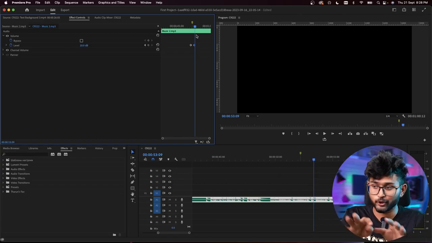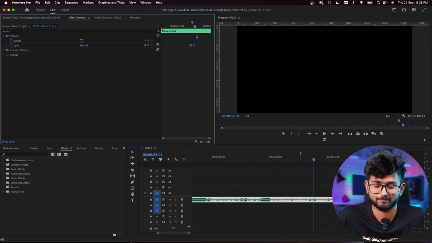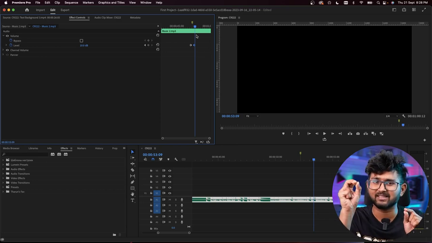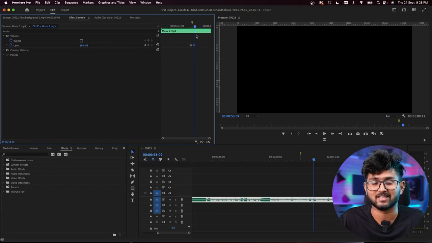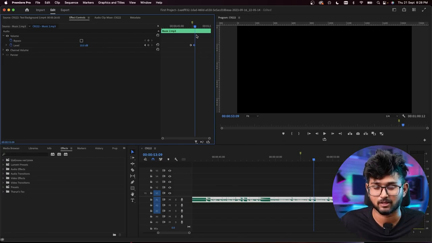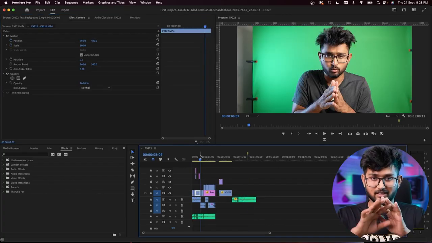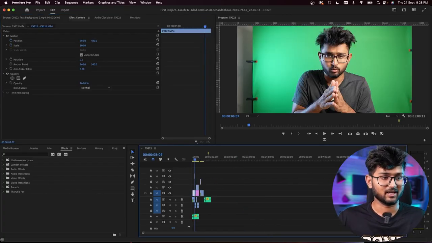So basically the audio level will keep increasing. Okay, I want you to open your Premiere Pro screen and also do it with me and also listen to it, because you'll be able to feel it, right? You shouldn't just be watching this, okay? And this is how you will have a slow increase in the music levels, the audio levels, by using keyframes, okay? You need to use keyframes whenever you are dealing with audio levels. We'll have other ways also to do this, but this is the most standard way. If you miss the clarity or anything, just rewatch this entire tutorial,